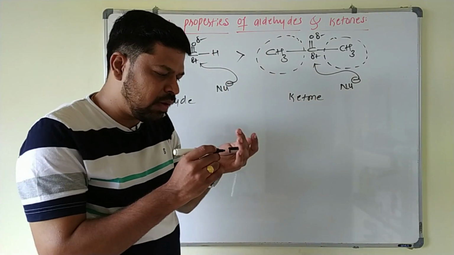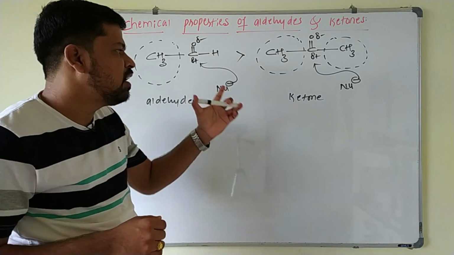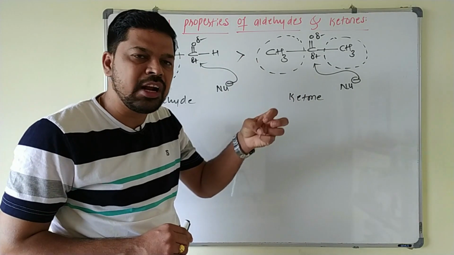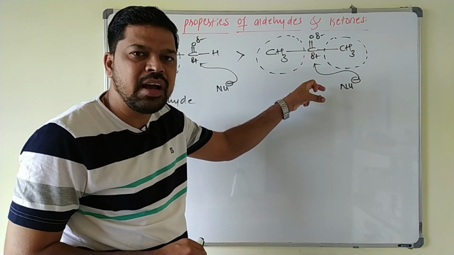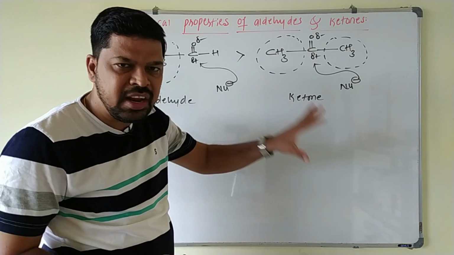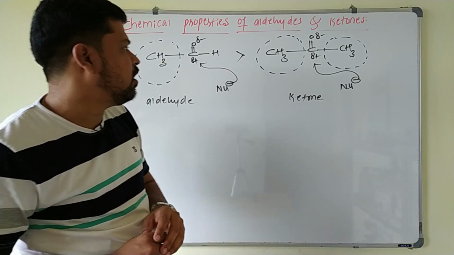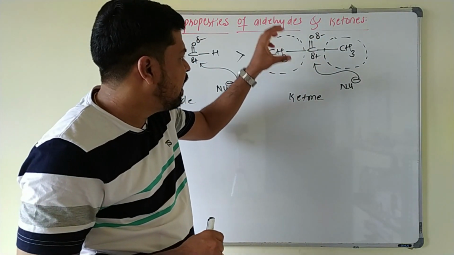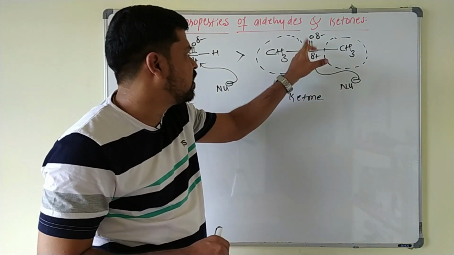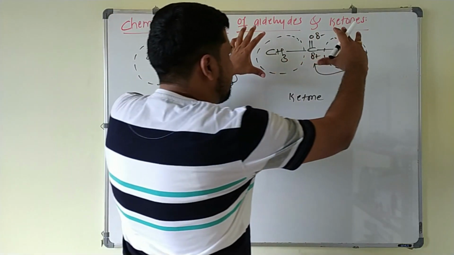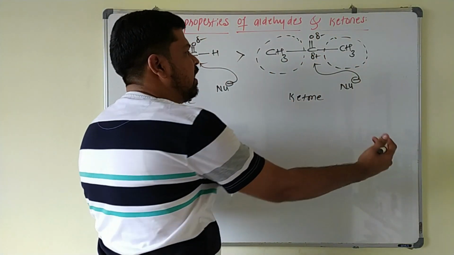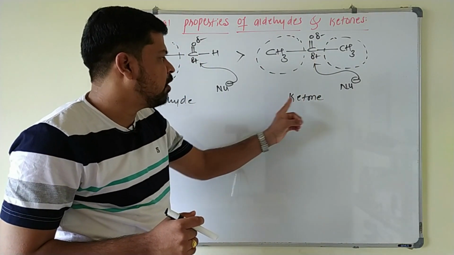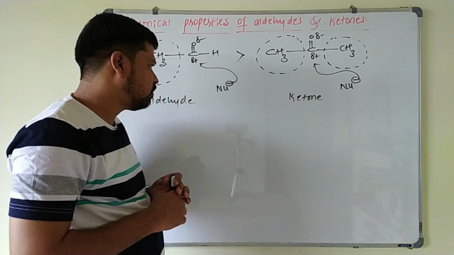There are two reasons. One is electronic reason and another is what? Steric hindrance here. Due to presence of two alkyl groups, the positive inductive effect of two alkyl groups, the positive charge density on the carbonyl carbon decreases in case of ketone, hence their reactivity decreases. First point. And another point is, due to presence of two larger alkyl groups, they will sterically hinder the attack of nucleophile towards the carbon atom, because these two larger alkyl groups, they will cover this carbonyl carbon, so that it cannot easily attack here. These two reasons are making these ketones less reactive as compared to aldehyde.